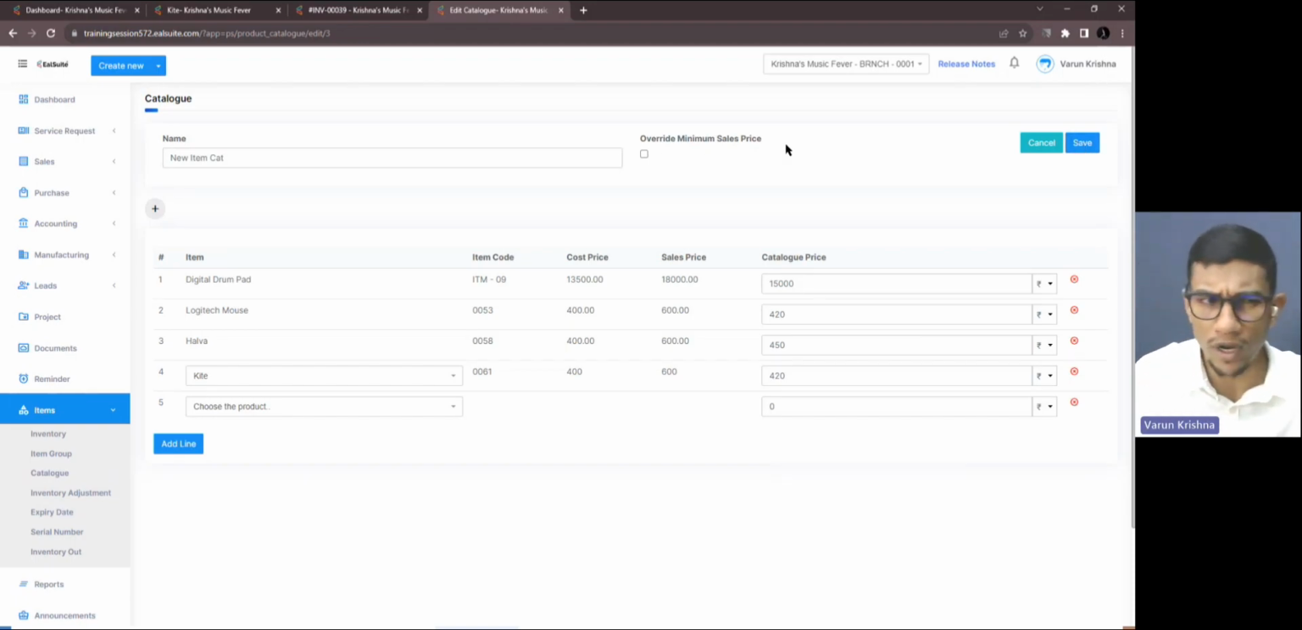Override minimum sales price. I'm not overriding it. So will I be able to save it? I will be able to save it. That won't be an issue. But if it's not overridden here, I'm going to keep it overridden right now. So the relationship has been broken if I enable this. So I'm clicking on save